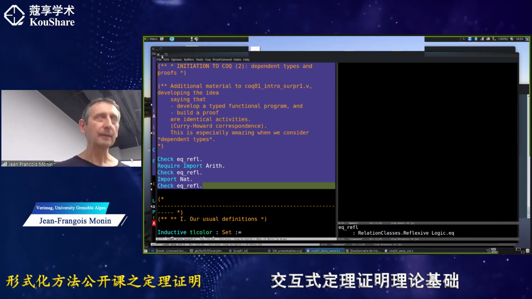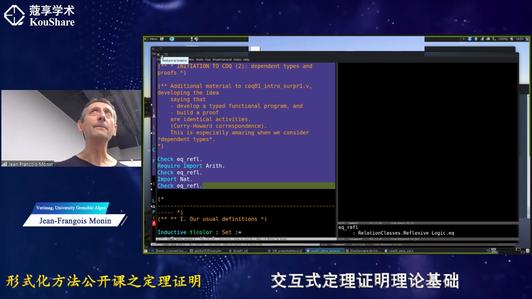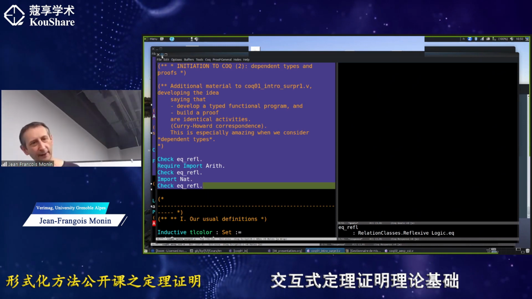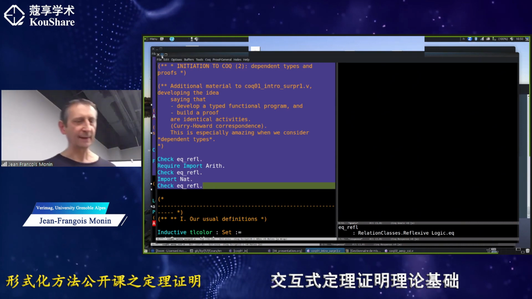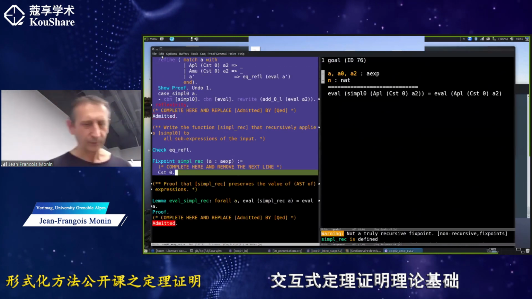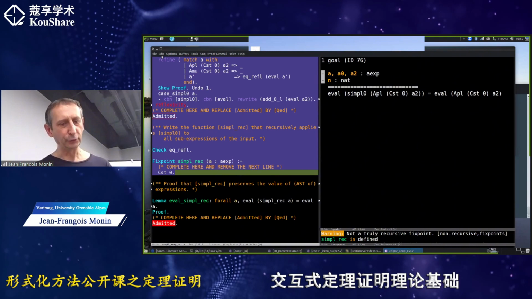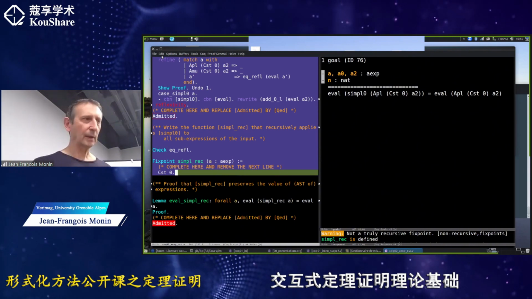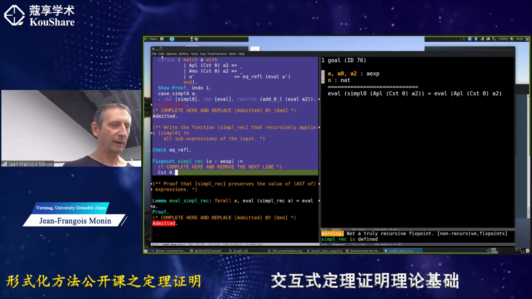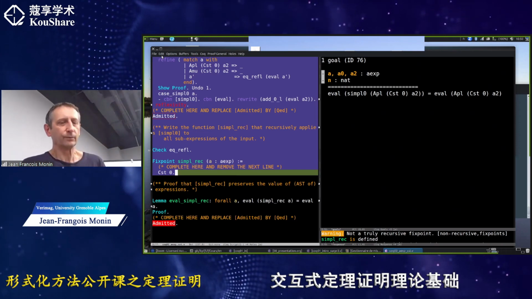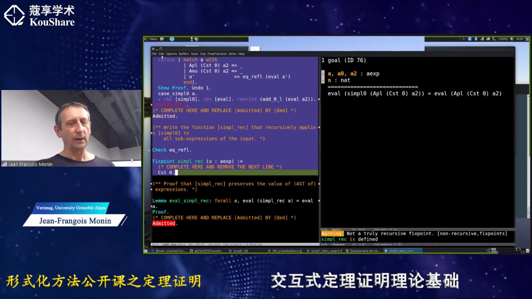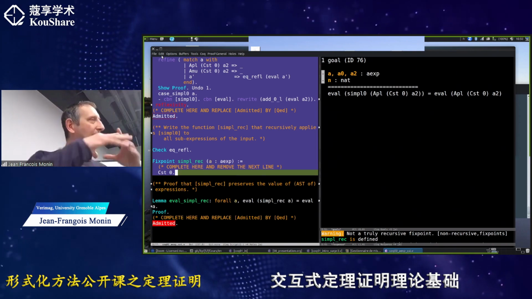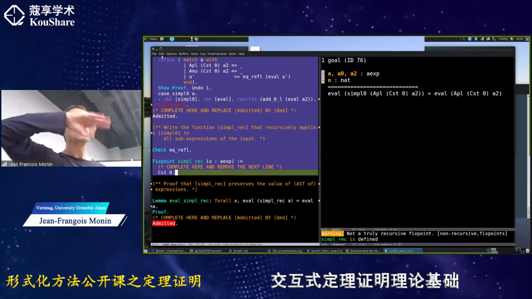Yes, I think maybe some people want to perform reasoning by rewrite and rewrite, and I know that there is some kind of uniform way of using rewriting, but using more advanced mechanism based on